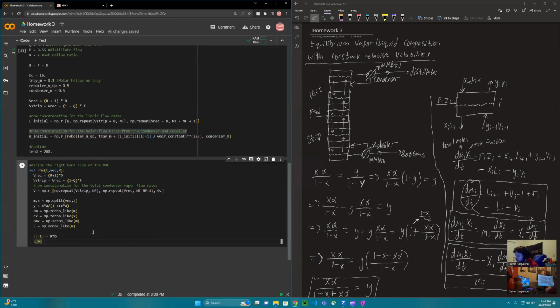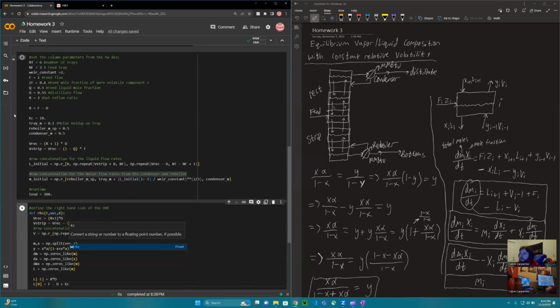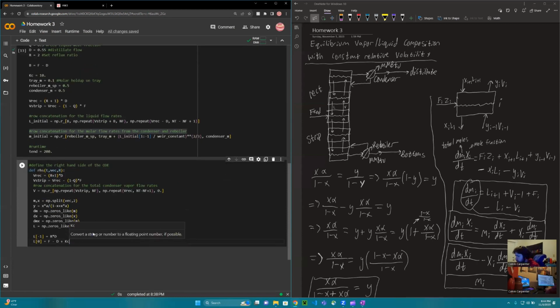And L in brackets of 0 is equal to F minus D plus AC times parenthesis M bracket 0 minus Reboiler. Okay,